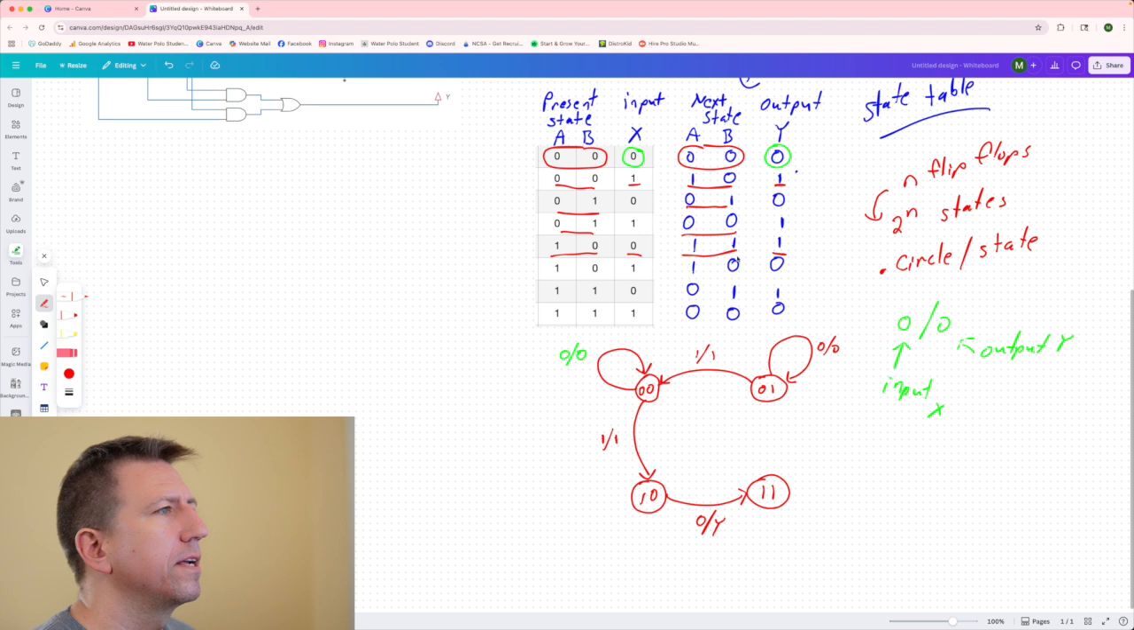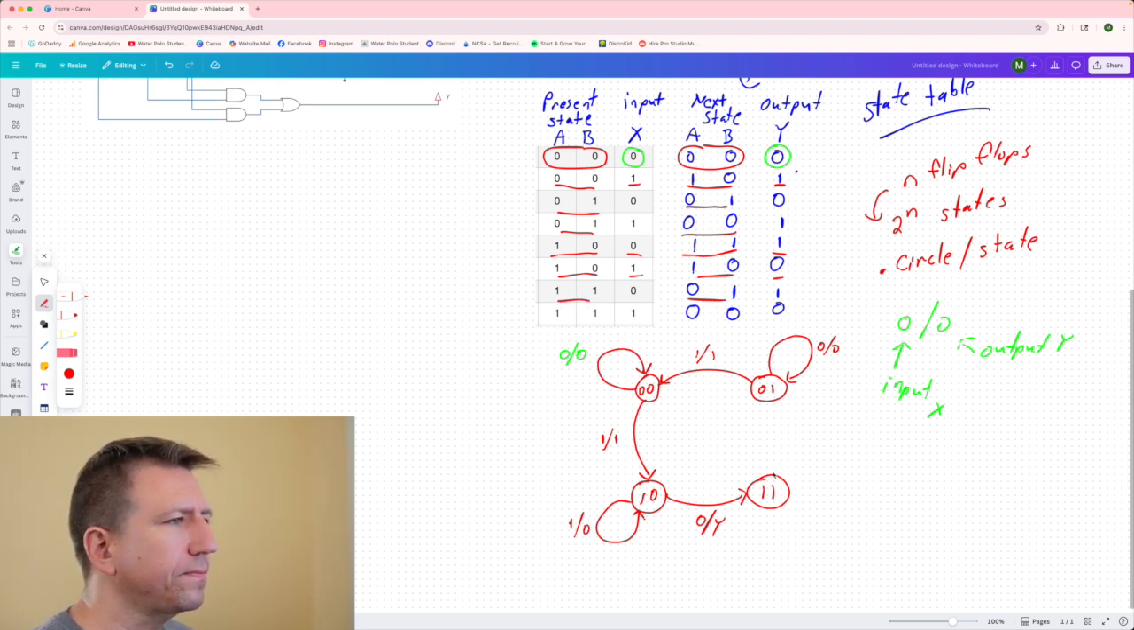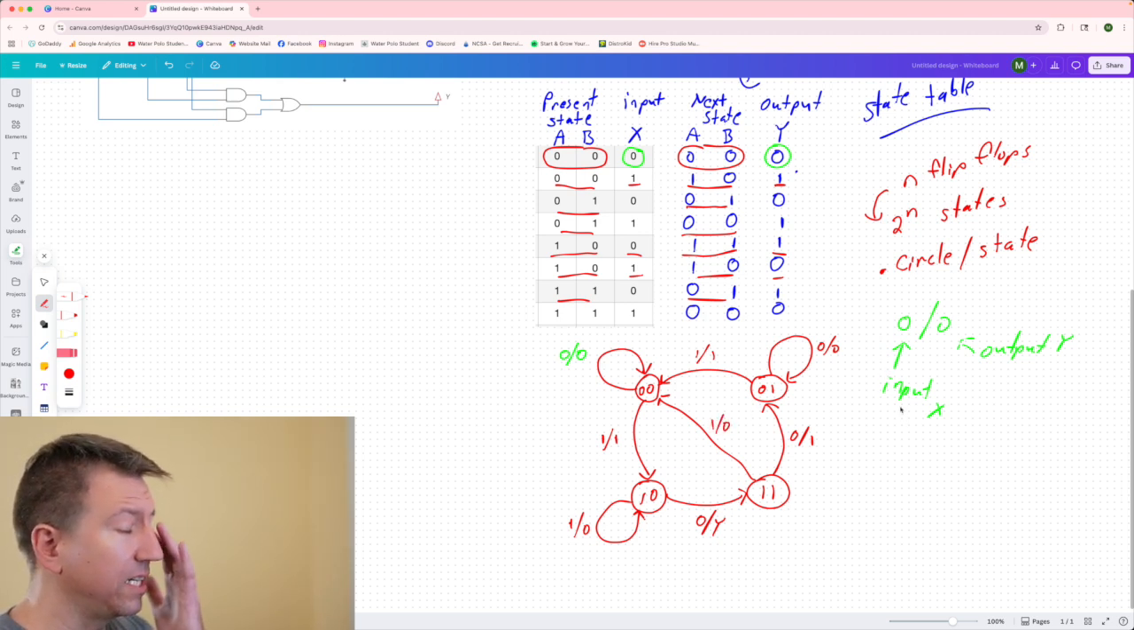Okay. And then we have 1, 0 is going to go to 1, 0. So we have a little loop. And that's when X is 1 and Y is 0. And then we have 1, 1, it's going to go to 0, 1. That happens when X is 0 and Y is 1. And then 1, 1 is going to go to 0, 0. And that happens when X is 1 and Y is 0. So this is our